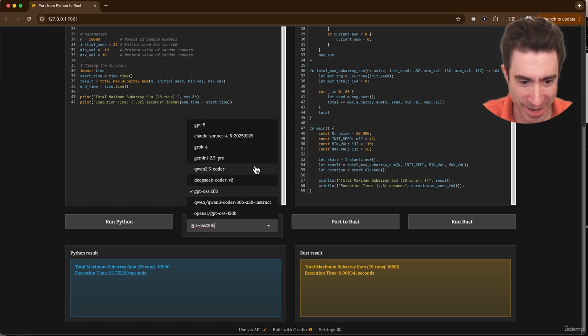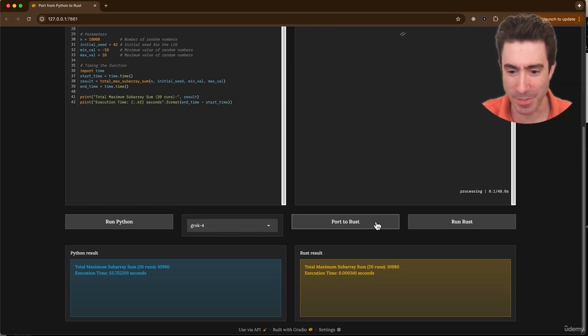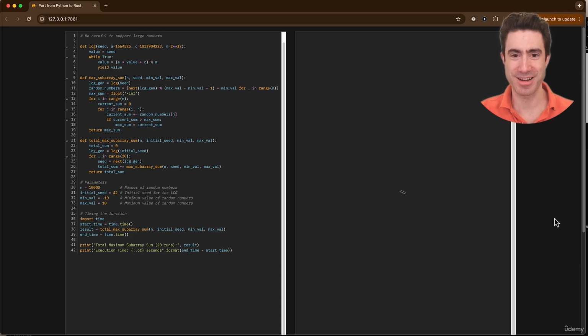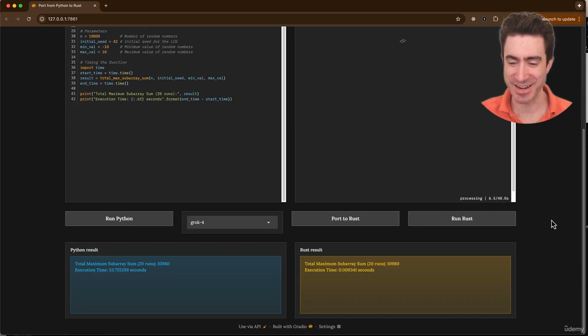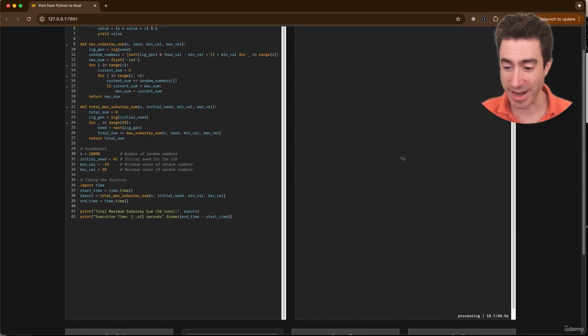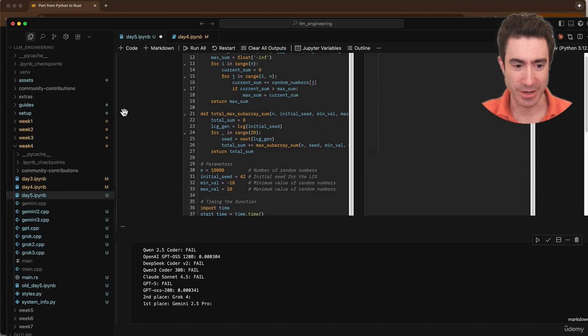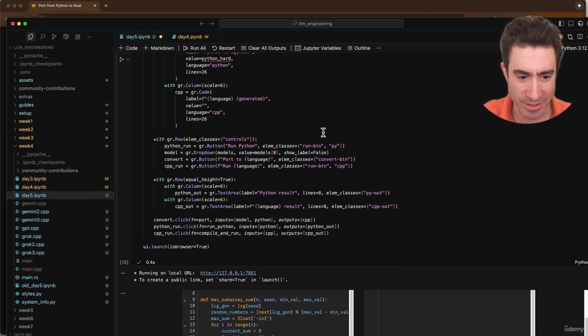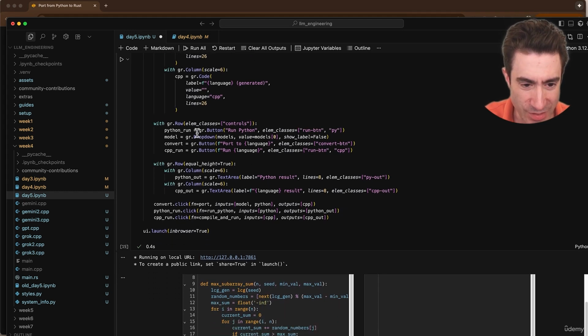Okay, so next up is Grok 4, the mighty Grok 4. I've kicked it off. We'll let it run. Take one more moment to admire this nice user interface, which is all hooked up. As we look back at the code here, if I go back to this code just to show you, the thing that I didn't particularly cover last time is that you can see that the